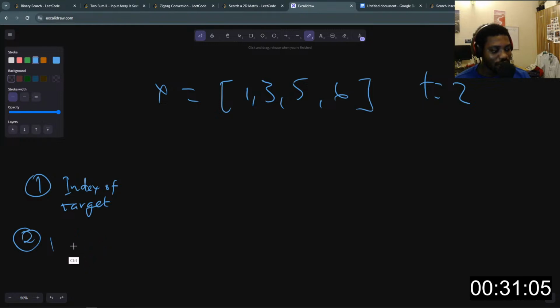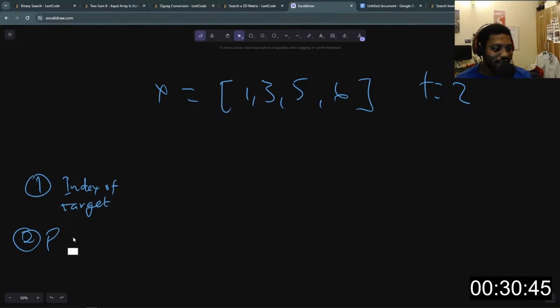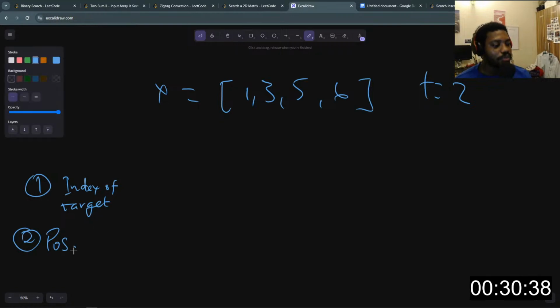Let me just call this position. So we'll find the index of the target in the array. Otherwise, we return the position where it would have been, right? Okay, this is better. So first of all,